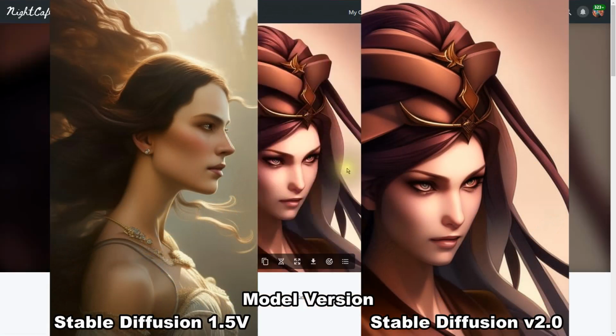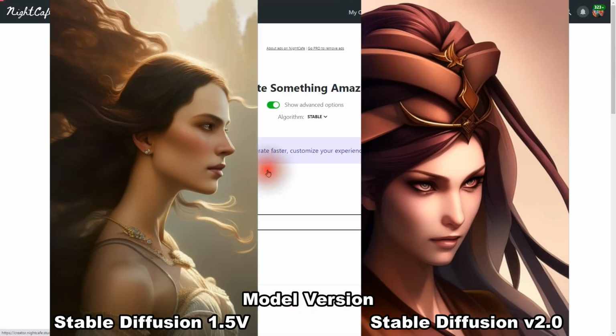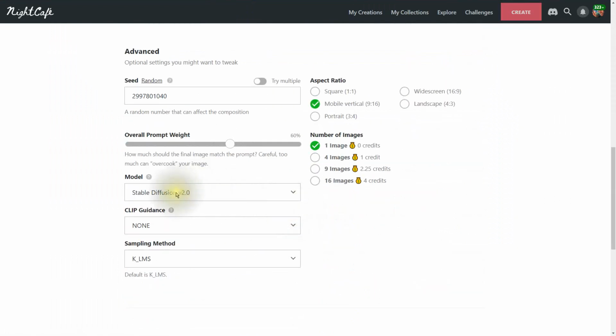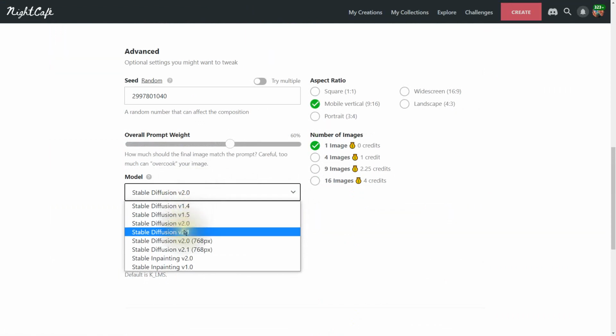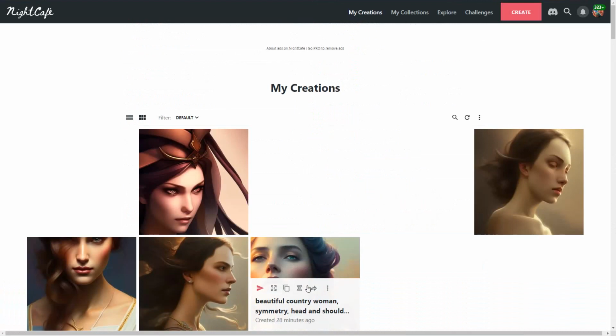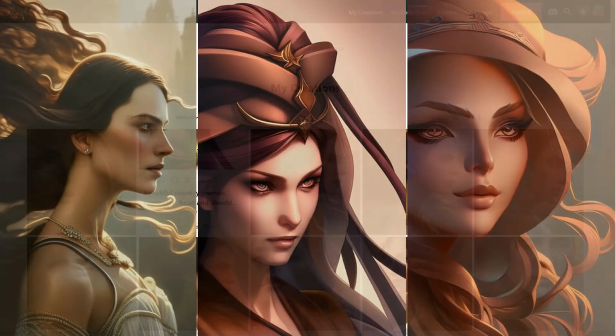And welcome back. Wow, that is really different, right? So this is the same seed number, same words, but I simply used a different model. Let's duplicate this again. And now we're going to go in and go 2.1 and see how it paints it now as 2.1. Again, really different. This is something that you might see on a video game. Some type of a painting like this or an image like this, right?